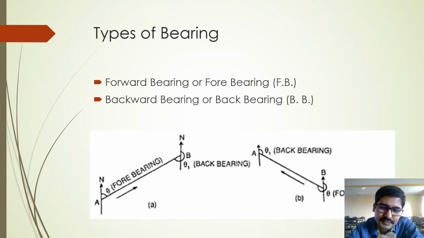So A is the starting point of the line and B is the end point of the line. You can easily see it in the diagram that A is the starting point and B is the end point of the line. How will you understand what is the starting point and what is the end point of the line? It is by the letters you assign to those points. If I am mentioning a particular point of the line as A, that means I am mentioning it as the starting point of the line.